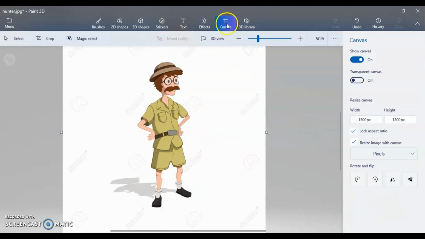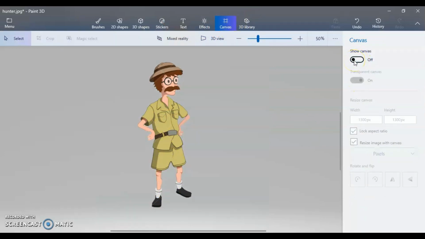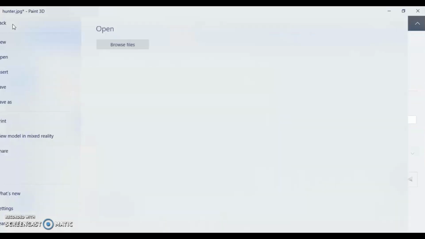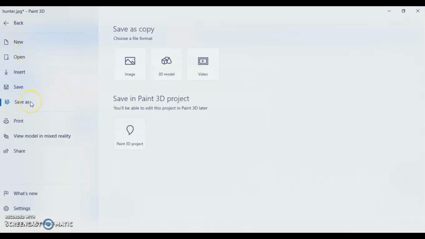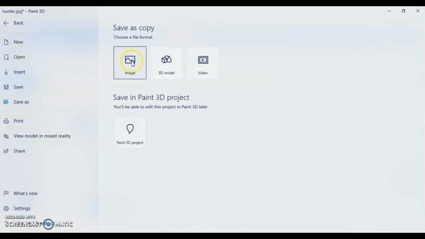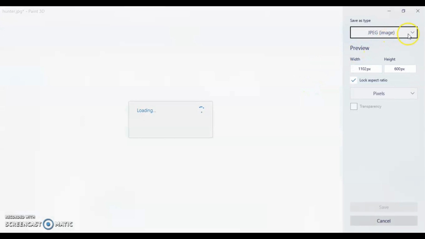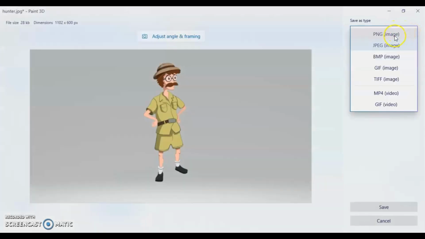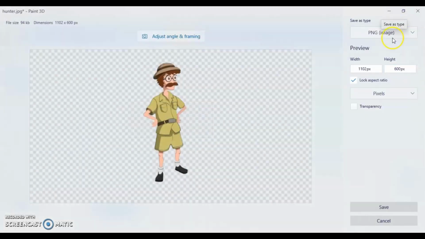Now again you just go to canvas, switch on this option and switch off the upper one. That's it. Now you just need to save it as an image. So you just go to menu and click on save as image. Now here we have the option of PNG. Choose that and just click on save.